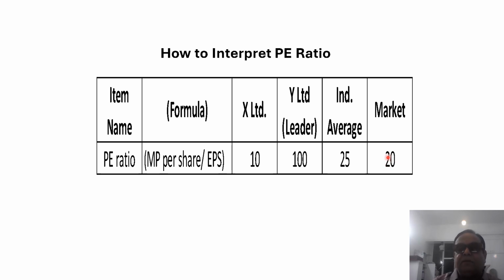For example, you would have experienced this when you took admission in an MBA college. The admission people would have shown you the highest salary and the average salary, and 99% of students look at the average salary, because they believe that if the highest salary can't be achieved, at least that average salary I can crack. That's the same thinking here. X Limited is at 10, but it can definitely at least go to 20.